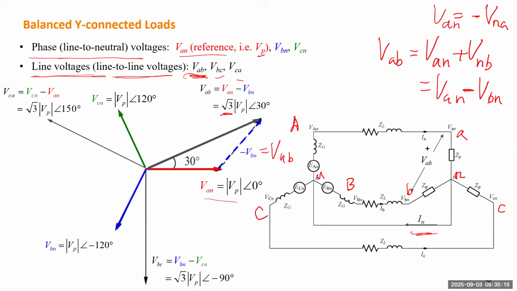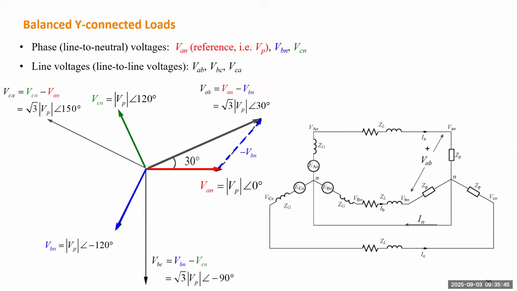It doesn't matter that you move the phasor. You can move any phasor; it doesn't have to start from the origin, as long as they have the same length and point in the same direction, they are identical phasors. So we move this phasor here, and that will be VBC, and this is negative 90 degrees. Similarly, you can get the phasor of VCA. Okay, is this clear? All right.